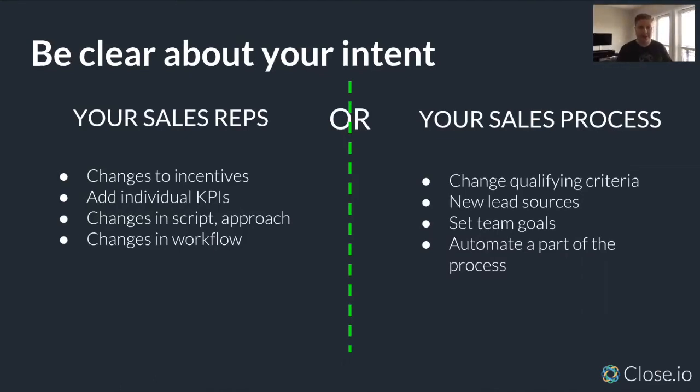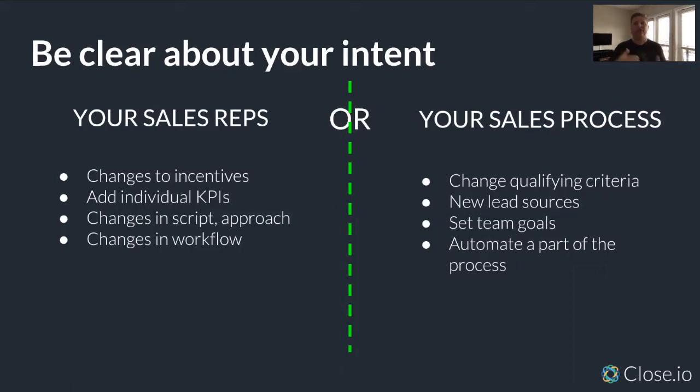So now, next step, there are 2 balances to the scale when you think about this. Are you going to do an experiment that affects your sales team's results or an individual sales rep's results? For some experiments, you can change their incentives. If you're having trouble with them being productive or doing the amount of activity or the number of calls or emails or demos that you want them to be doing, if you change the incentive, does that change the result? If you are making changes to what they're saying, their sales approach, that's an experiment. So the intent of that experiment is to affect a result with an individual sales rep.